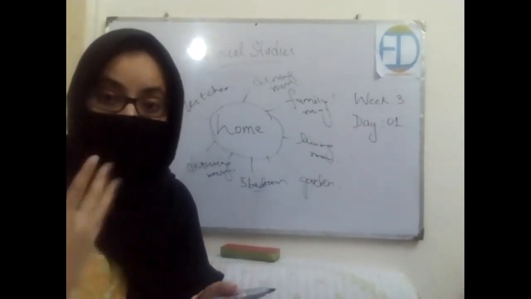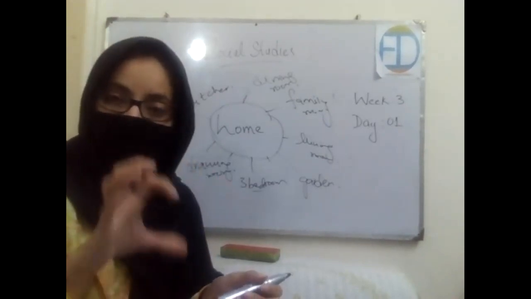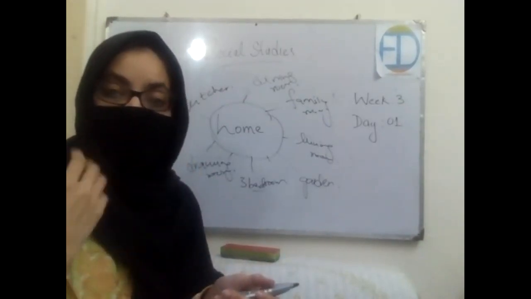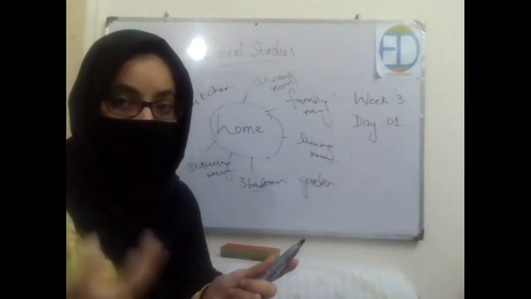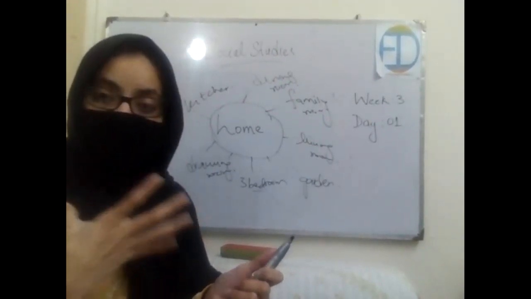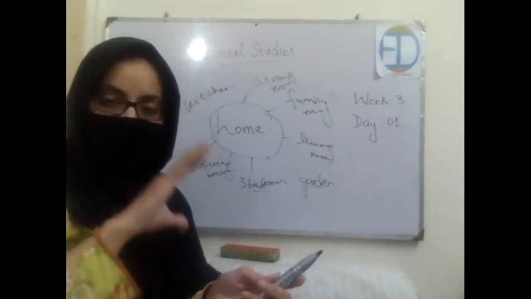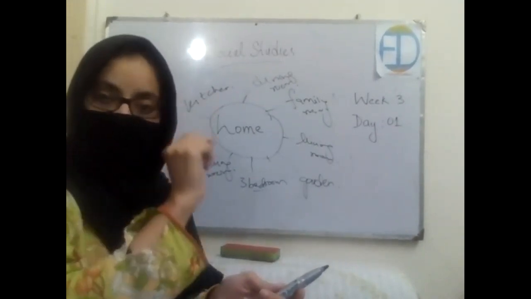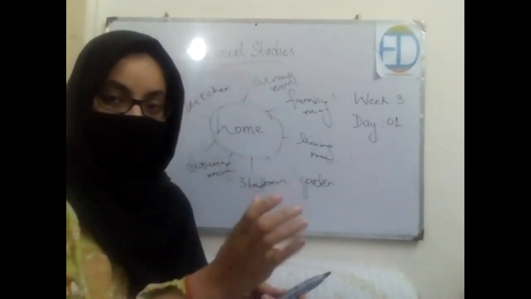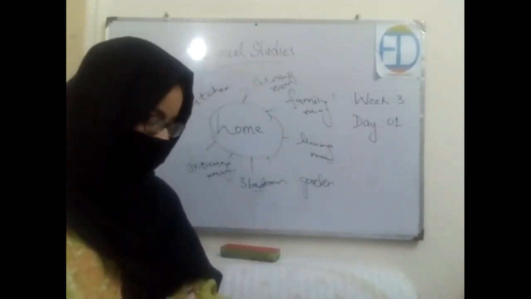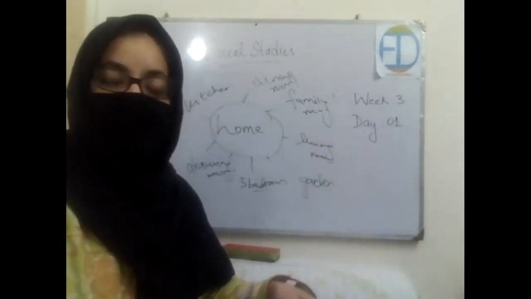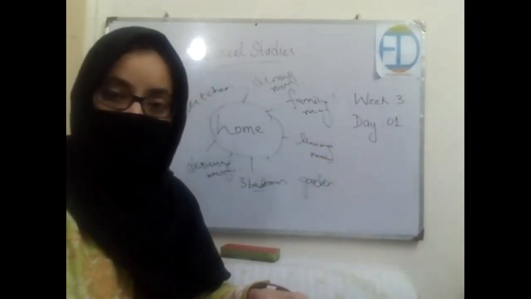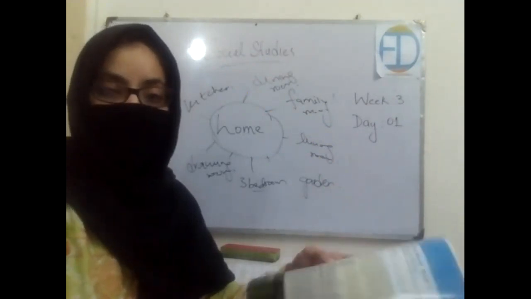On which story does your room lie? You can write that point as well. You can tell about how many bedrooms you have. You can talk about whether your house is big or small. You can talk about whether it is airy or not, right? So you need to write all of these points in the form of bullets, and beside that draw a picture of your house as well. Okay, so this is your class activity. Hurry up, open your notebooks. You need to write today's date and mention the topic, which is my house, and start drawing.